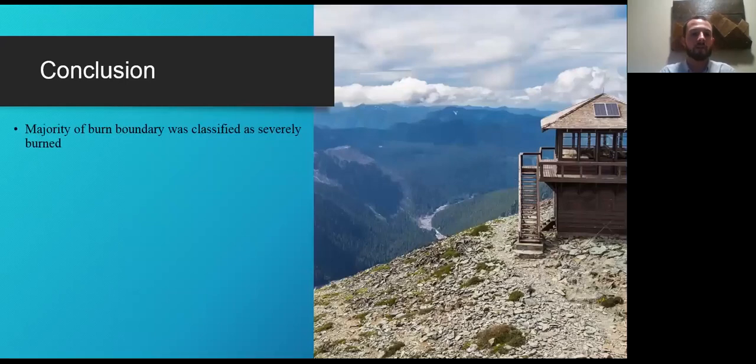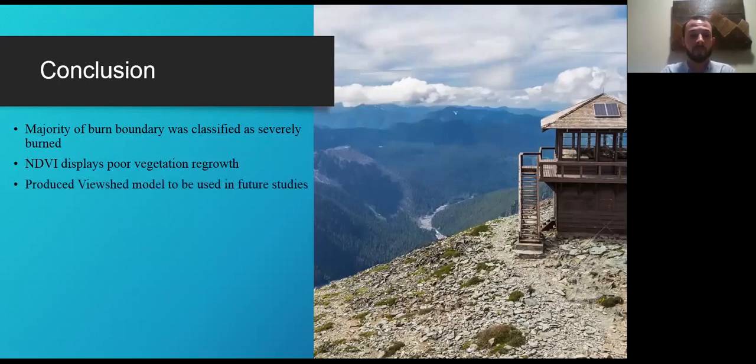So concluding this, a majority of the boundary was severely burned, and that was made more apparent by viewing the NDVI. It showed poor vegetation regrowth from pre-fire data compared to data taken from today. There might be some human interaction that may be necessary in order to get that vegetation index back a little higher from pre-fire numbers. We were able to produce that viewshed model, which again iterates over every single viewpoint, and that can be used in future studies. If you just take that tool, that model, and run it with different observer points, it will continue to just spit out those viewsheds, as many observer points as you had, and then further analysis can be